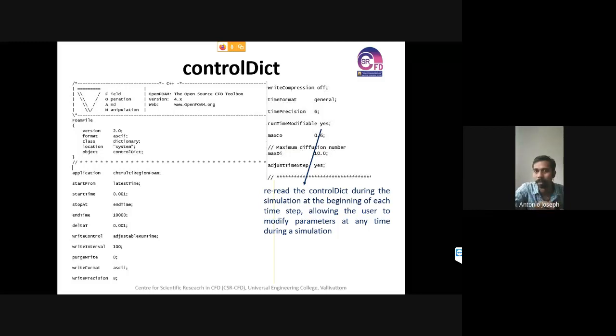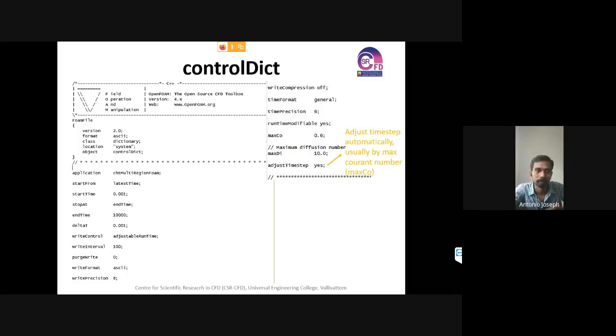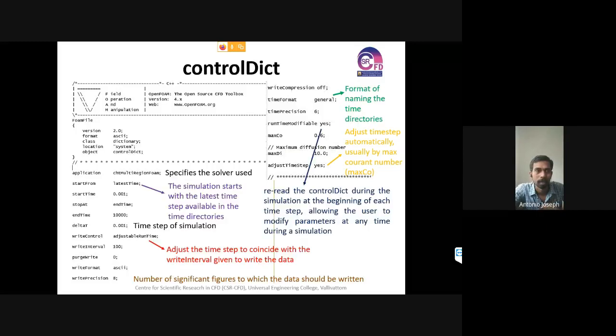Due to the change in the Courant number, there's a chance that the solution may get diverged. To avoid that, we are allowing the control dictionary to change the delta t accordingly, adjusting it automatically. The adjust time step is also given, so the time step is adjusted according to the maximum Courant number. That's a brief about the control dictionary file.